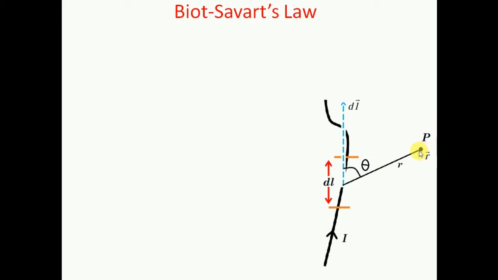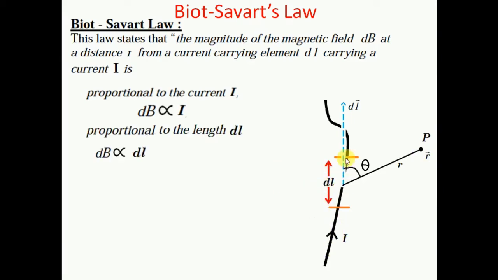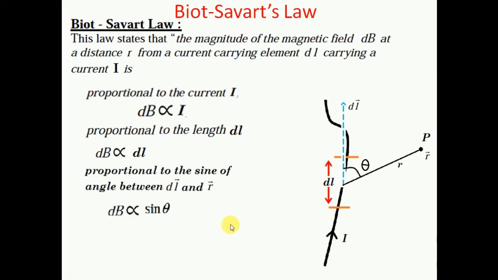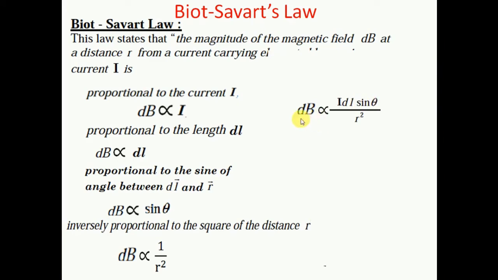The Biot-Savart law says that the magnetic field at point P is directly proportional to the current flowing through the conductor, directly proportional to the length of the conductor, proportional to the sine of the angle between dl and r, and inversely proportional to the square of the distance of point P from the conductor. If you combine them all, you get dB, the small magnetic field, is proportional to I dl sine theta by r squared. To convert this proportionality sign into an equal sign, you have to multiply with a constant,